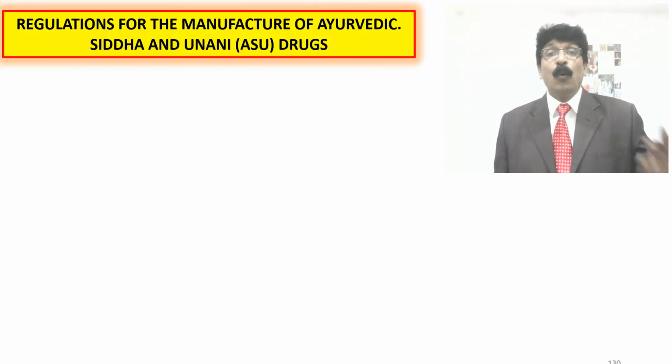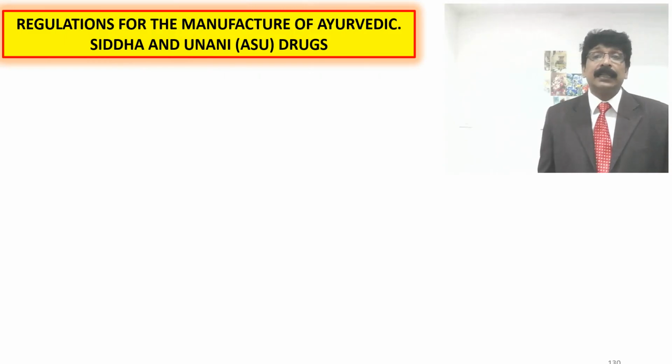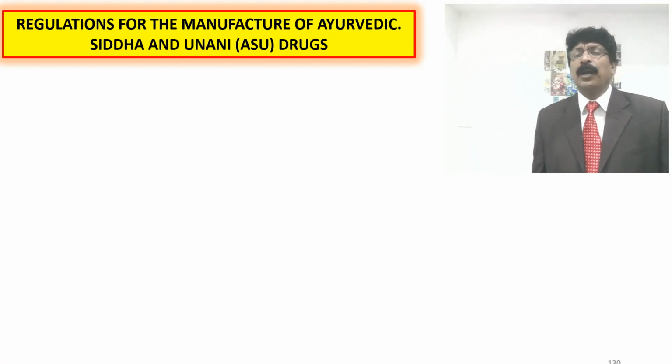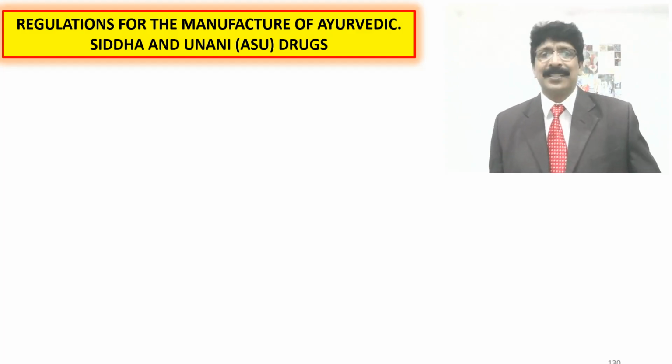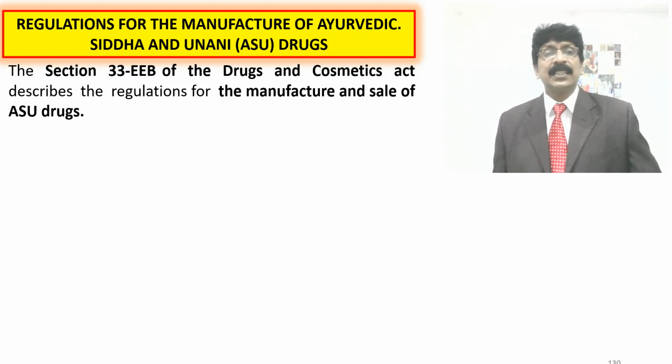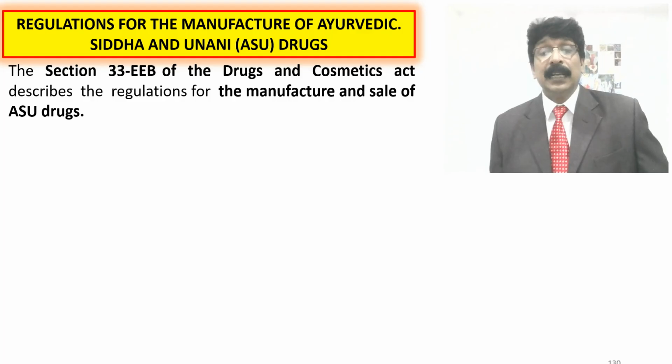Now, regulation for the manufacture of Ayurveda, Siddha and Unani drugs. We have many manufacturing units. We need some regulation, especially for the herbal formulations in the 3 systems. So Section 33 EEB of the Drugs and Cosmetics Act describes the regulations for the manufacture and sale of